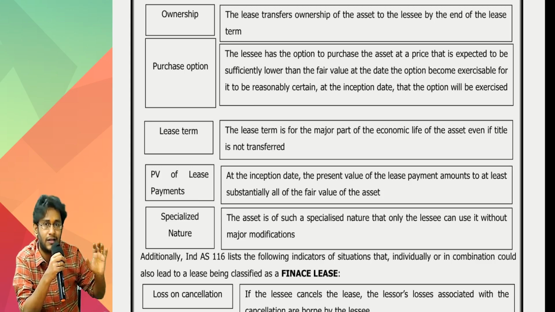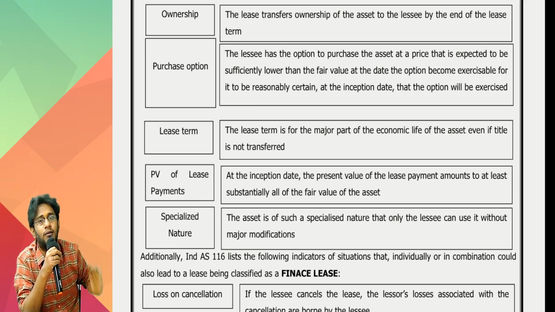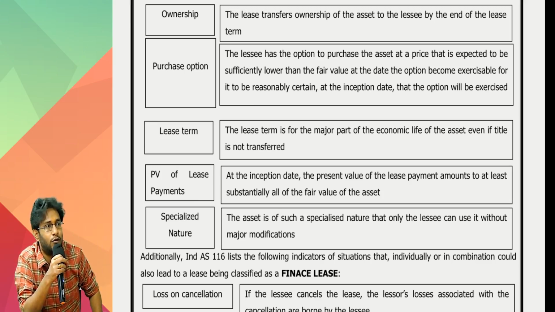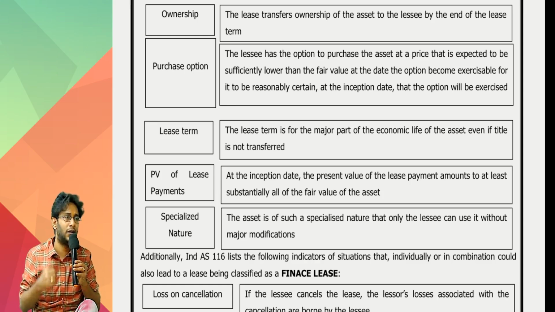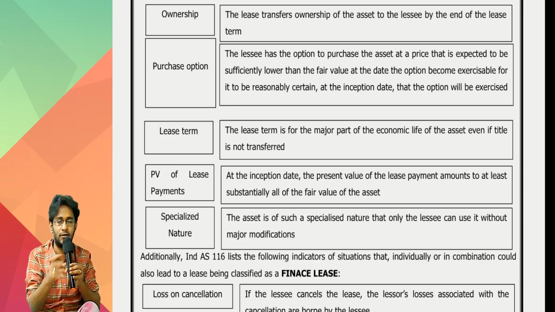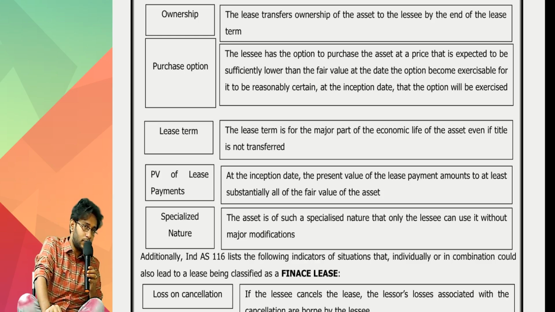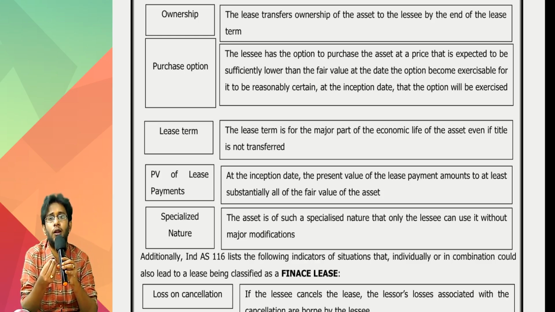That means the lessor today is giving the asset to the lessee, and the asset is not going to come back. For the next 3 years or 5 years he will use it. After that, he will exercise the option and become the legal owner of the asset. So the lessor should not retain this asset in the balance sheet right now. He should give it away. That is the third case. Fourth case now says that the present value of lease payments